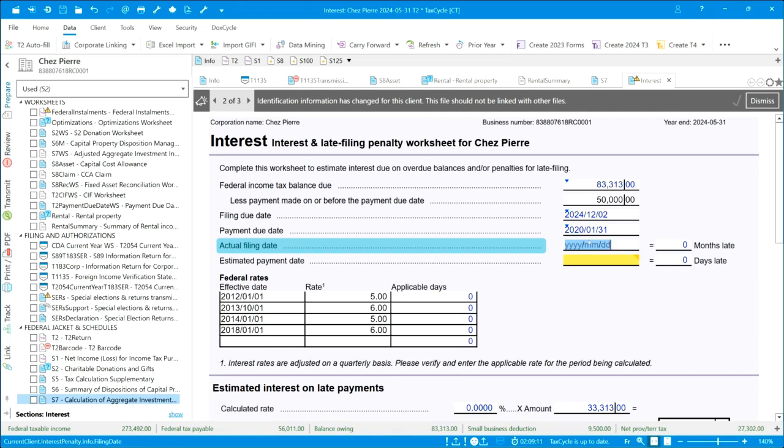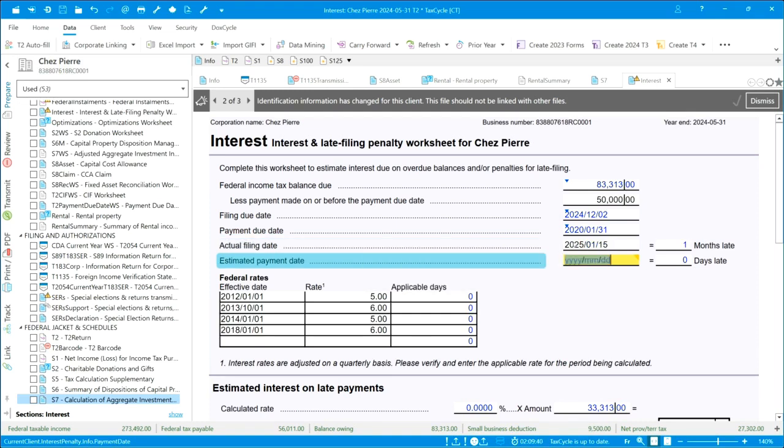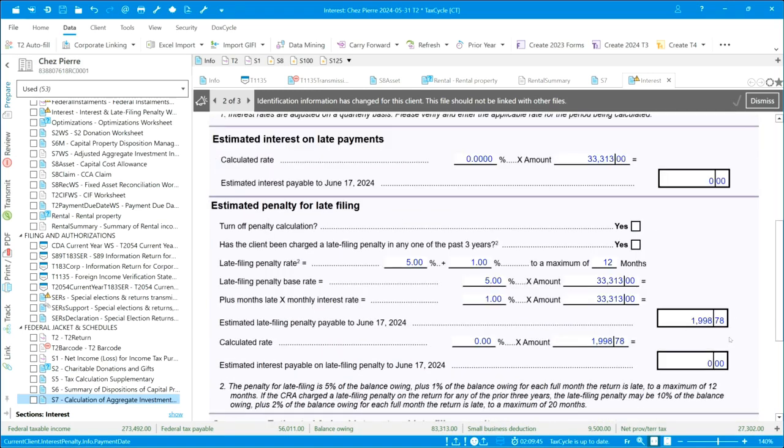2024. And this is a funny result only because I used an old file and just updated my beginning and ending fiscal year end dates. And so I confused it a little bit. So normally you would carry this forward and it would calculate those dates correctly for you. So if I went to, it didn't get filed till January, so it's going to be 1 month late, then that will trigger the penalties